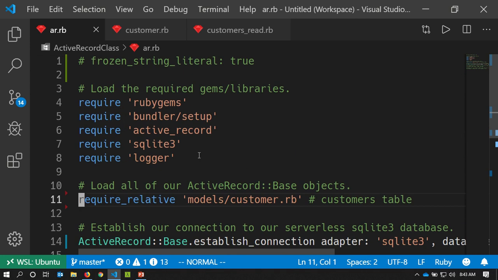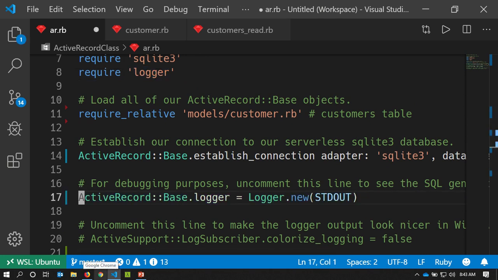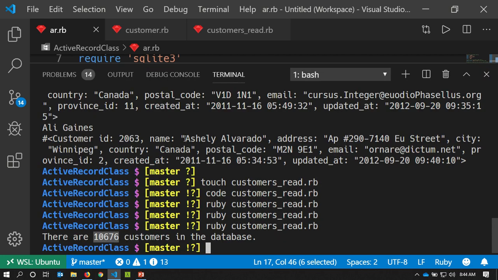and there was a reason why we were bringing in this logger, and the reason is that ActiveRecord base can be assigned a logger, and we can assign to it the Ruby standard logger and have it output to standard out, which is a very sort of Unixy thing to do, right? So targeting standard error or standard out. In this case, the logger targets standard out. And that just means the terminal. Standard out is just going to print out along with our program. And so if we now run the program,